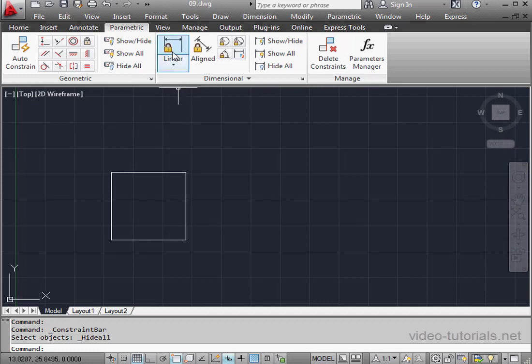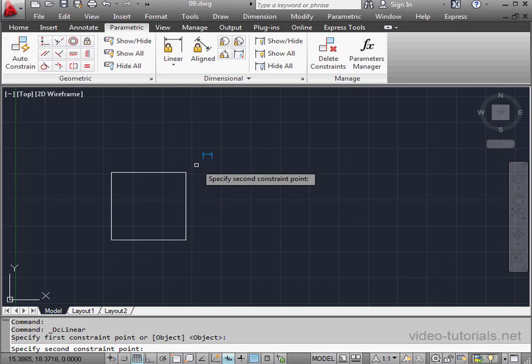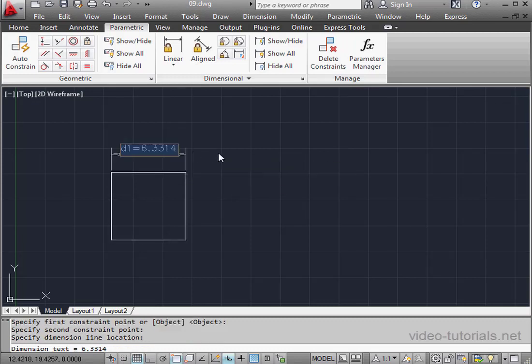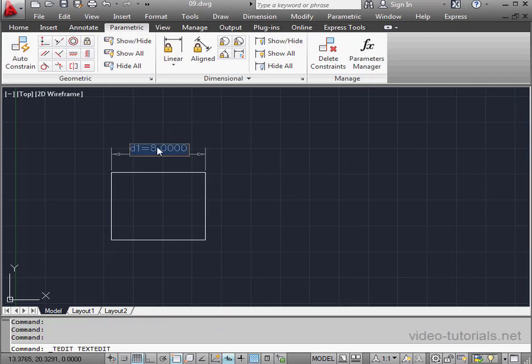Now let's apply some dimensional constraints. First here, let's change the value to 8. We also have the ability to change the dimension name. For example, instead of D1, I can use A1 or whatever name I prefer, such as length, width, and so